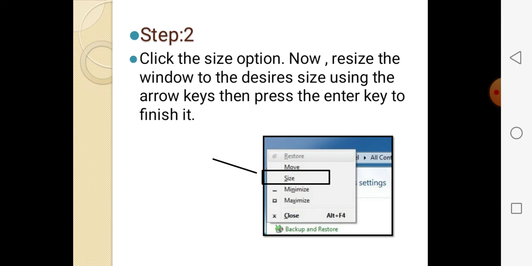When you click on this size, on the side one arrow will come, right? From that also you can make it big and small, whatever you desire, up to your size you can do it. So from that arrow you can make it big and small, whatever you like, it's up to you, and the desired size whatever you want you can get, and you can finish this work.